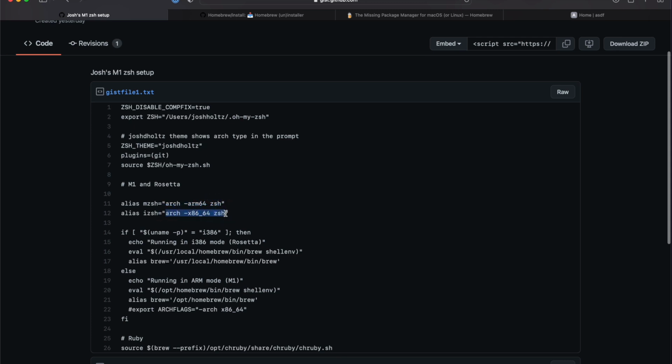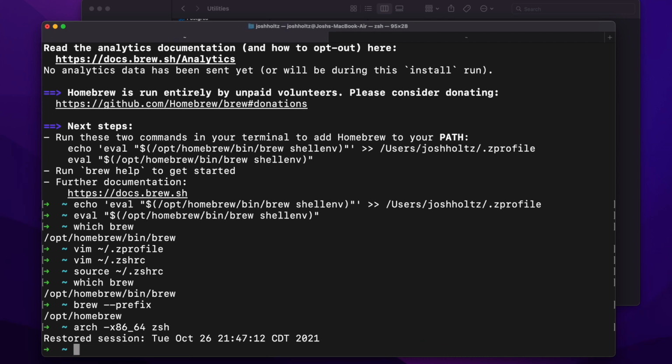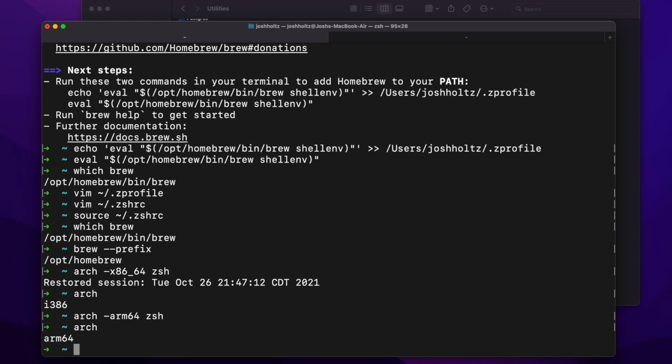There we go. Okay, so we'll just do arc. I think I have it here. arc -x86_64 zsh. This will actually run my zsh session in Rosetta. So if I type arch i386, if I can do the same thing though, but going back the opposite direction, arch -arm64 zsh, and it runs in ARM64. So we can actually switch between them really nicely, but I'm like, okay, but which one am I